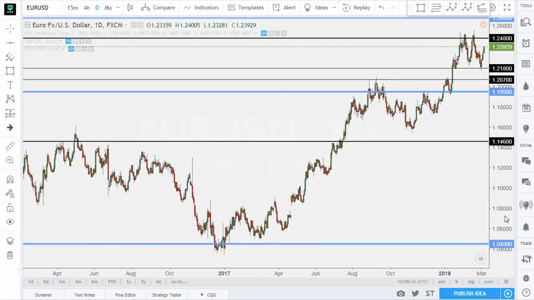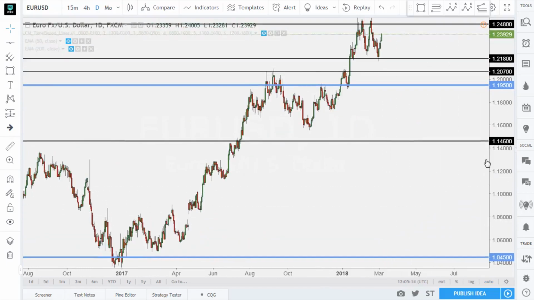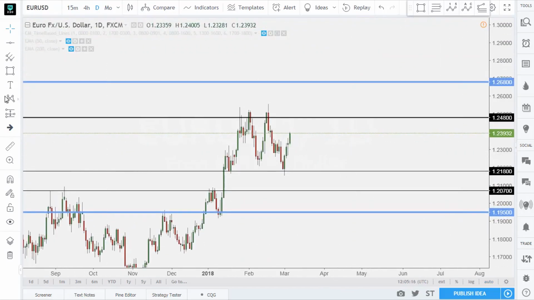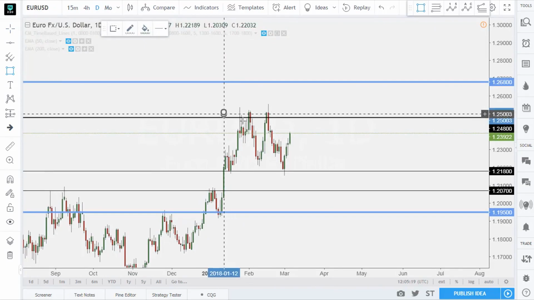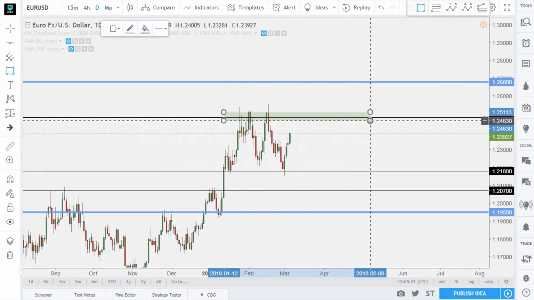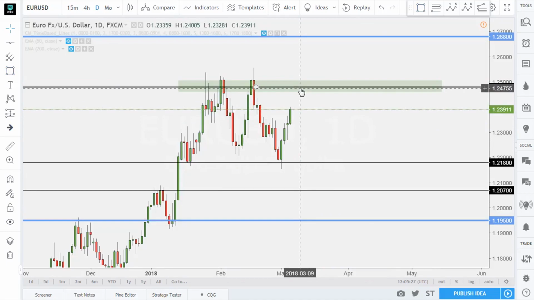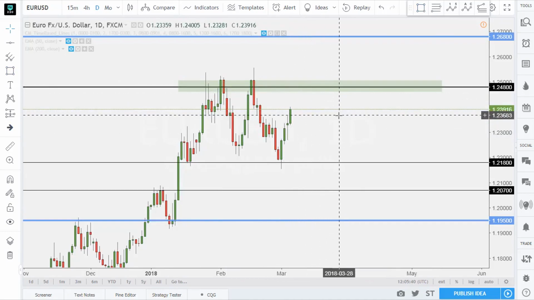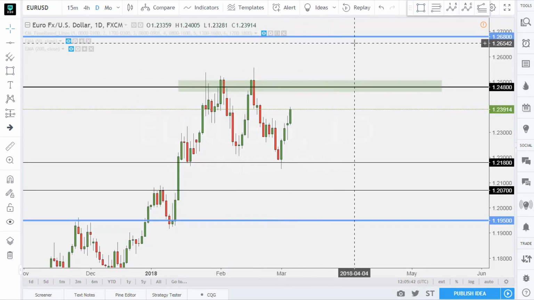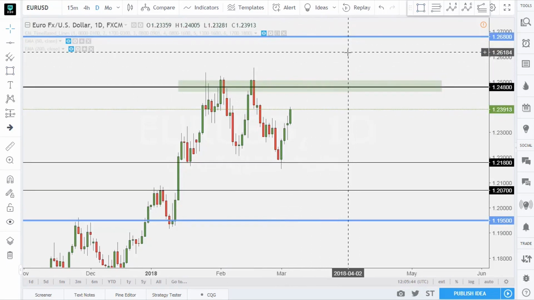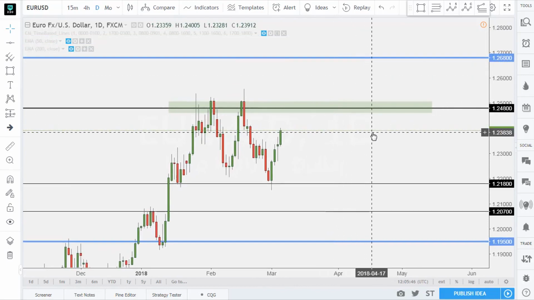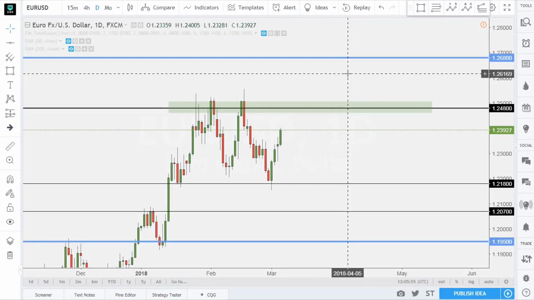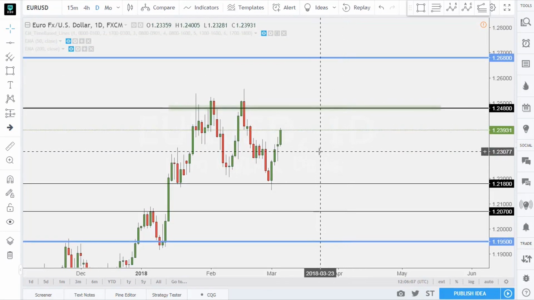Same thing here. We can highlight all these zones so we know next time if price could go up here to this zone and could reverse, or could break it, retest it and go up again. And our upside target would be this 1.26800, which is a monthly level. So after we finish drawing all these monthly, weekly and daily levels, we go back into a lower time frame,